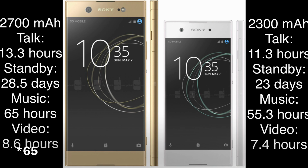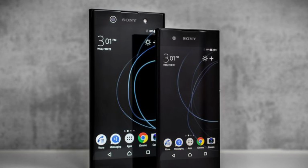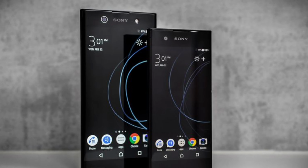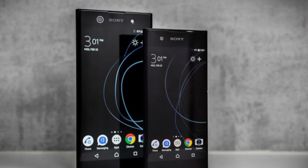The XA1 and XA1 Ultra are not IP68 and do not have a fingerprint sensor. They lack some other sensors too, the gyroscope, step detector, and step counter. However, this is not too bad because of the